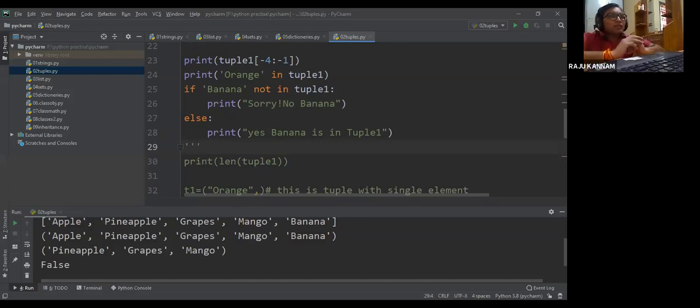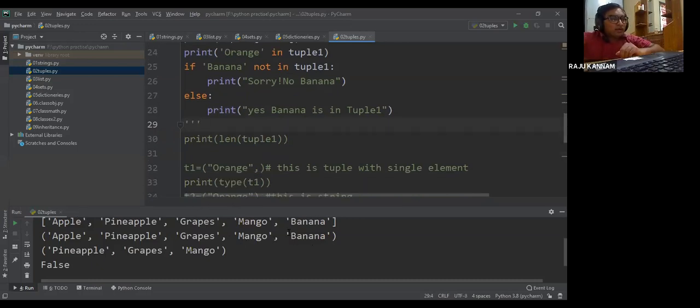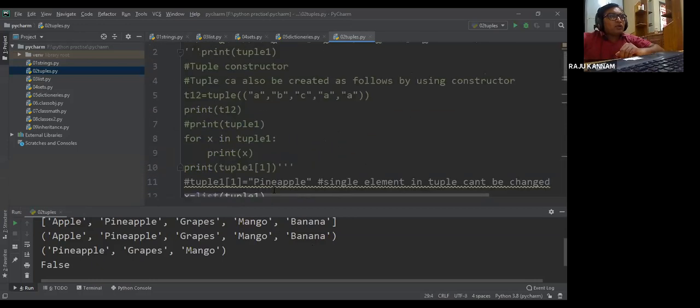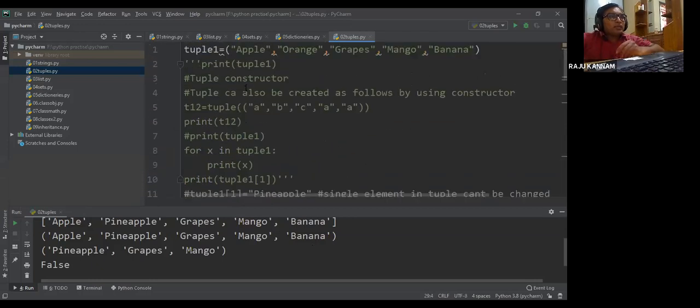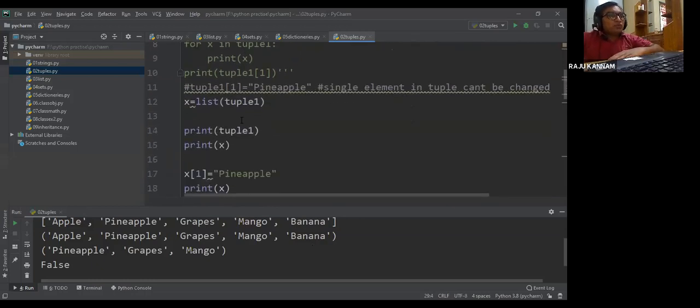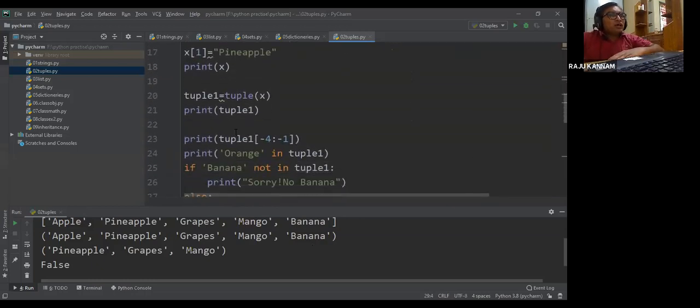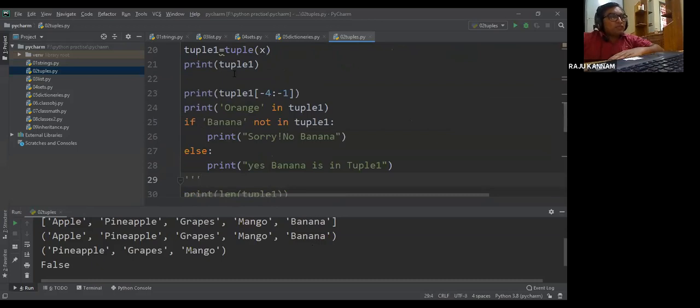And remember that here my intention is not to check whether banana is there in that particular tuple or not. Here see the code complexity, I'm increasing the complexity of the code a little. So I'm using if else also, for loop also, because if we use these things regularly, we'll get practice for those kinds of functionalities.